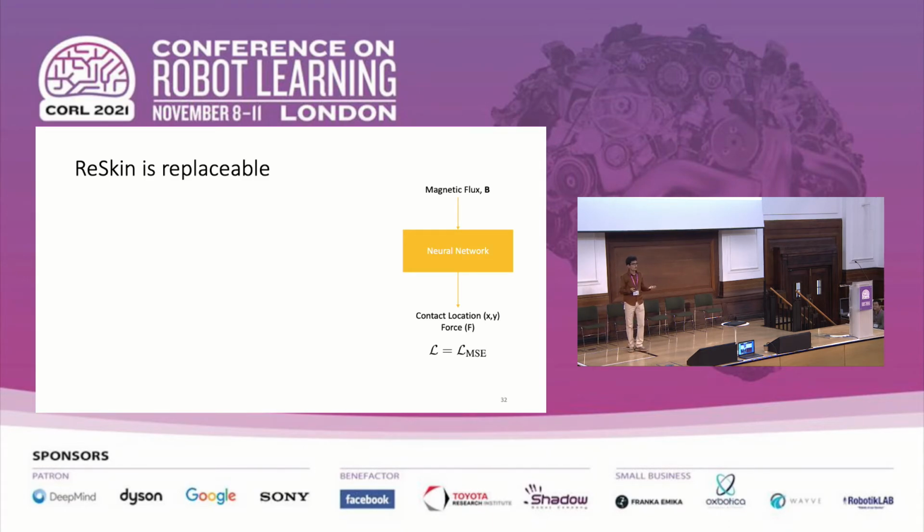And in terms of replaceability, what happens to our models when we take a skin out and put a new skin on? How well does that work? If you just naively take a model that was trained on a single sensor and test it on another sensor, it doesn't work as well. We have a mean squared error of about 6 millimeters squared, and in force, it's about 0.4 Newton squared,